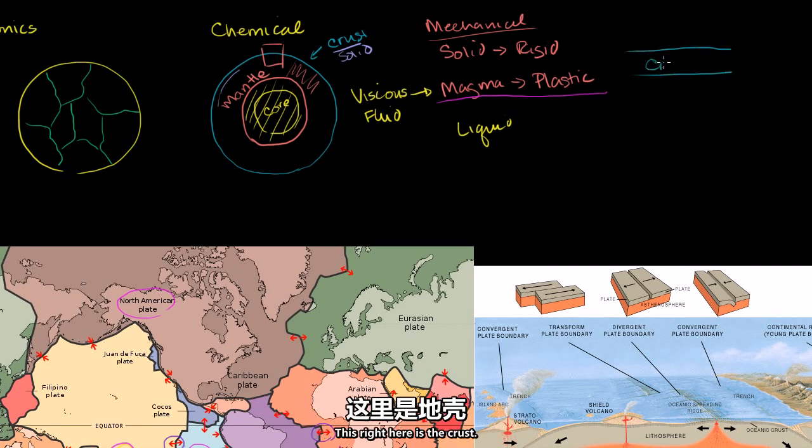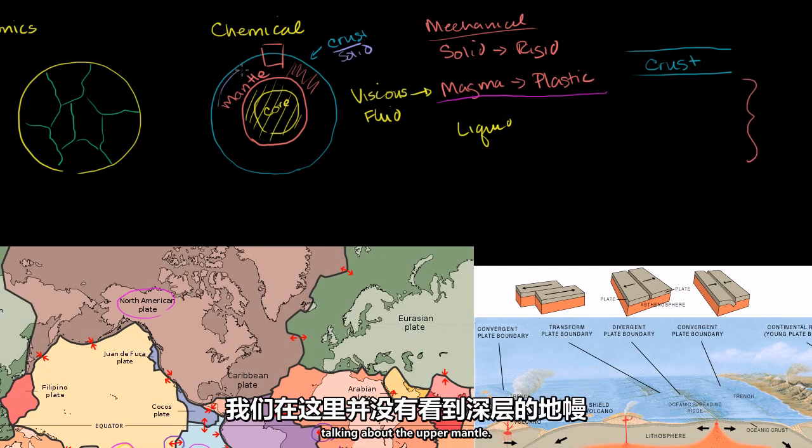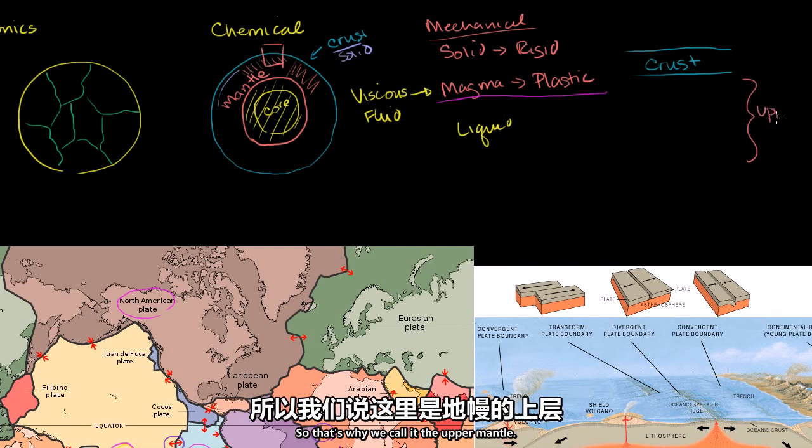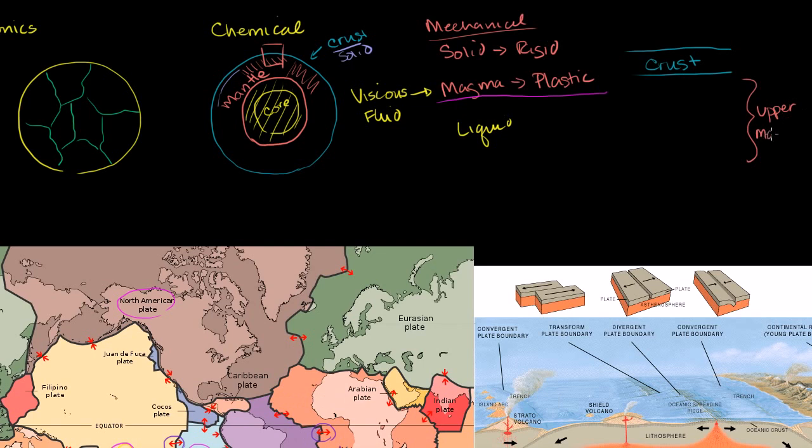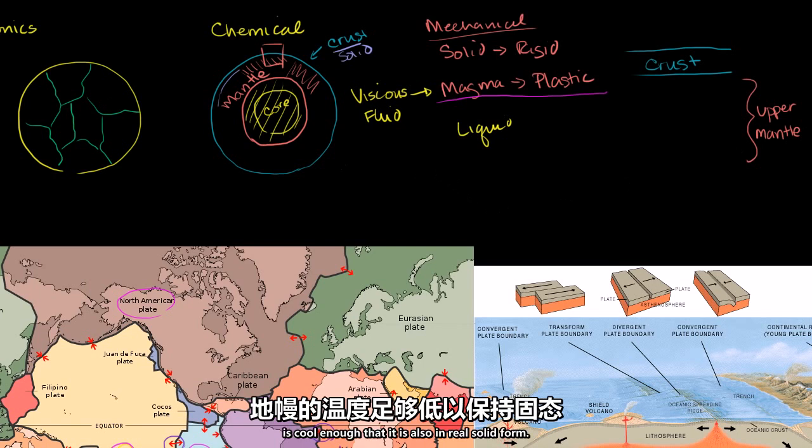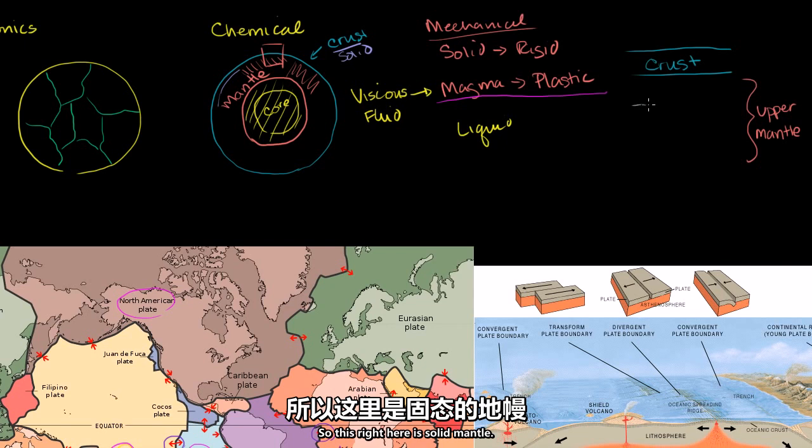This right here is the crust. And then everything below here, we're actually talking about the upper mantle. So we haven't gotten too deep in the mantle right here. So that's why we call it the upper mantle. Now, right below the crust, the mantle is cool enough that it is also in real solid form. So this right here is solid